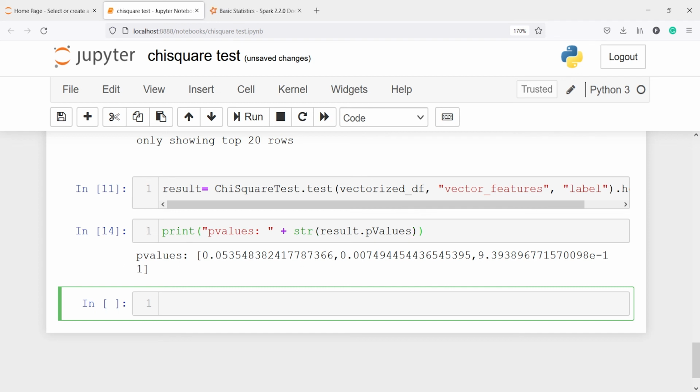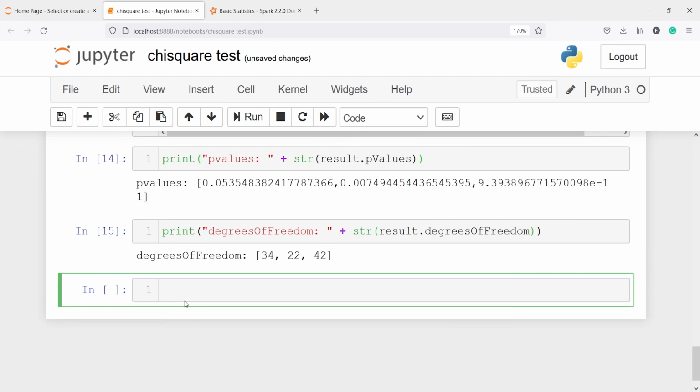Next we will print degrees of freedom. Print degrees of freedom, and I will convert this into string format, str of results.degreesOfFreedom.